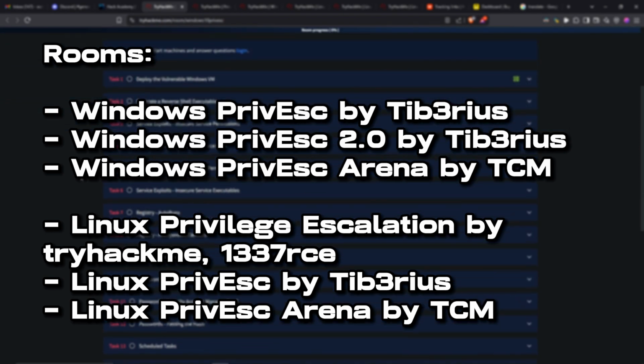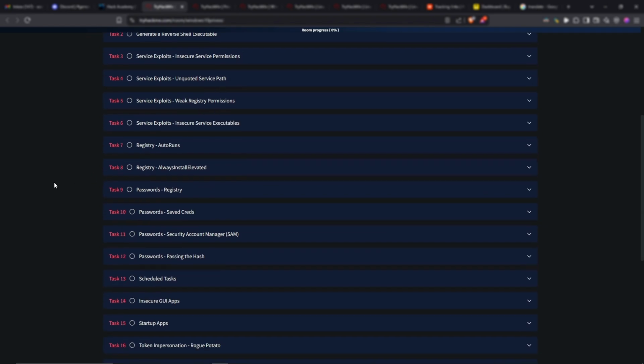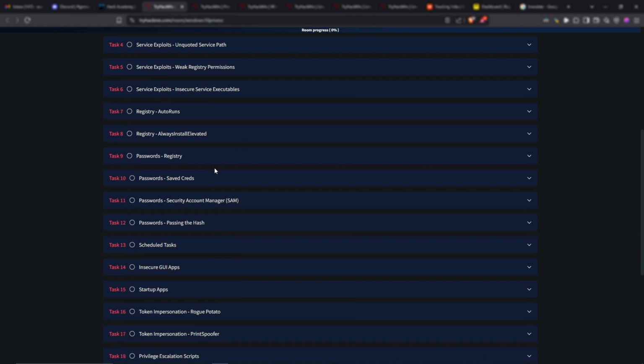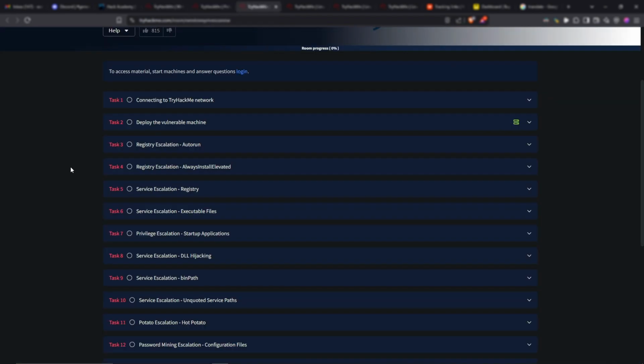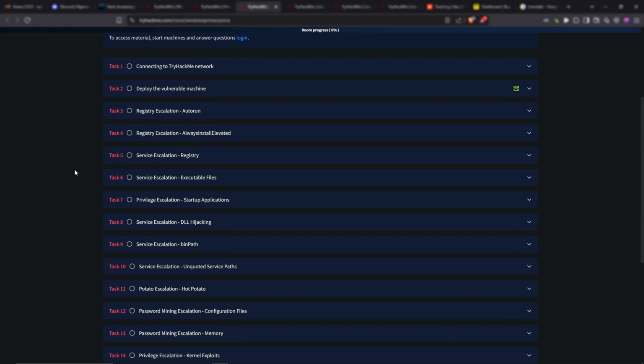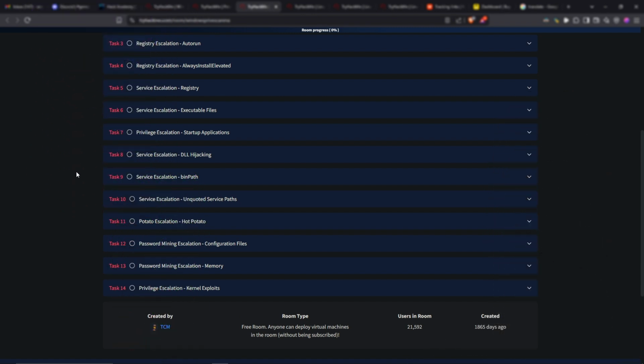So they cover how to do all the different service exploits, right? And there's a lot. How to find autoruns in the registry and AlwaysInstallElevated. And again, all of these can lead to privilege escalation, right? And again, these rooms literally just cover all of the techniques, but the important part to do here is that you take great notes, because after you've done all of these rooms and you've taken good notes, if you need to redo them, definitely redo them, because in my opinion, these are the best rooms that exist for learning